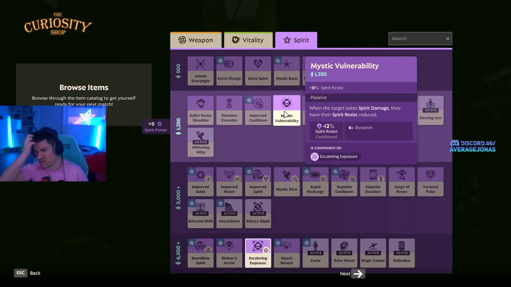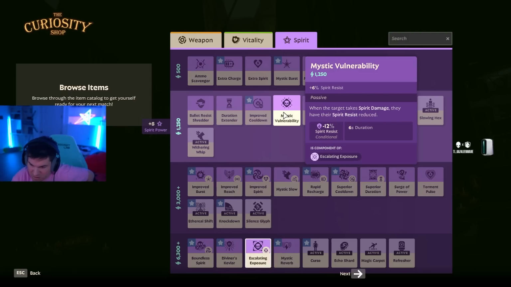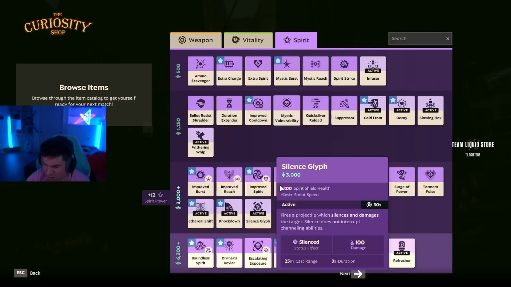Mystic Vulnerability. This is another item that functions similar to Spirit Strike, where it lowers the target's spirit resistance by 12%, except this is just generic whenever you deal spirit damage. It also gives you a little bit of spirit resistance, so that's something to have in the back of your mind too. And later on, it can be upgraded to one of the most highest damaging items in the game,